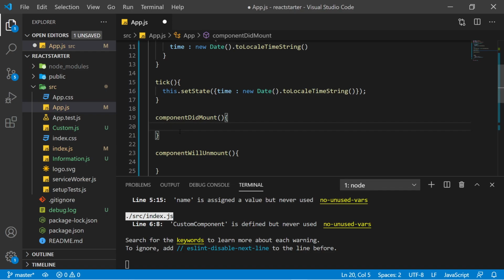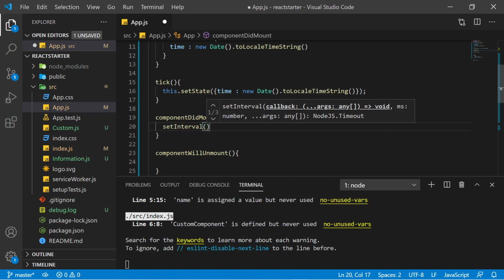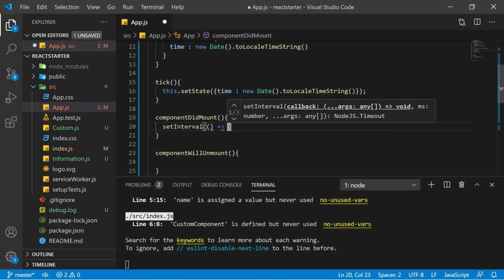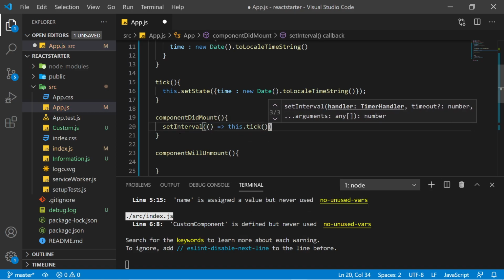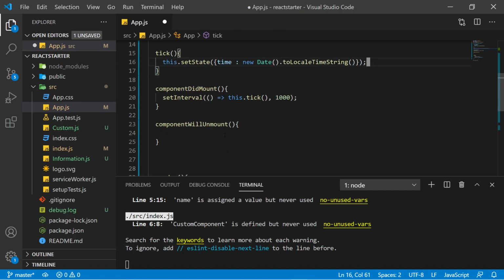So in this function we want to call setInterval, and we want to call a function which will call the tick function after every 1 second.